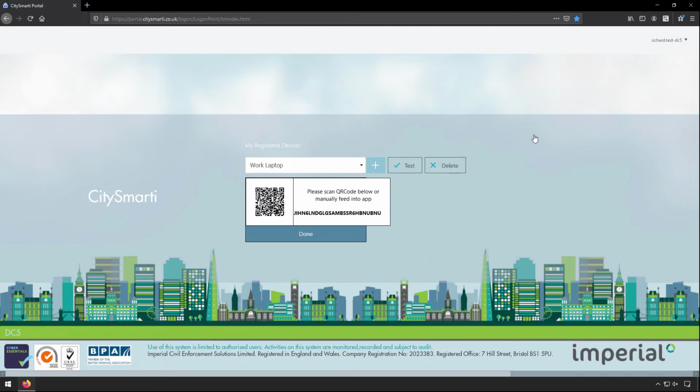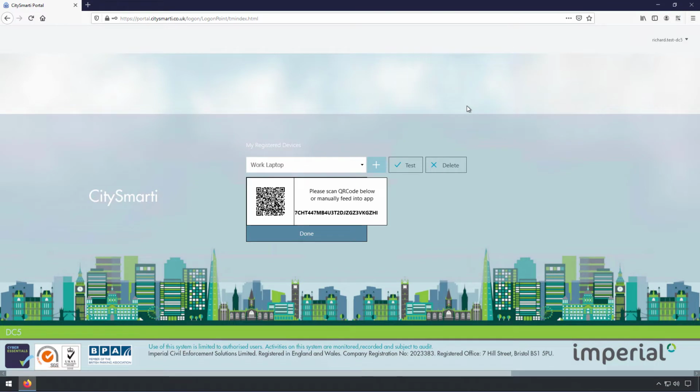So once you've pressed the Go button, you can see that the QR barcode has now appeared. And what we need to do now is to import that into the Google Authenticator add-on. So to do this, we need to go to the top right hand corner of the web browser. We need to click on the Authenticator add-on, left click. Then there's three icons and you need to click on this icon here. It looks like a square with a horizontal line through it. If you hover your mouse over it, you'll see it says scan QR code. If you left click on that,